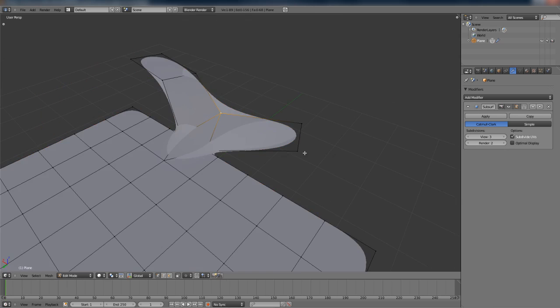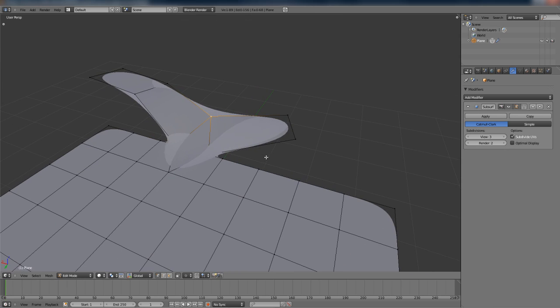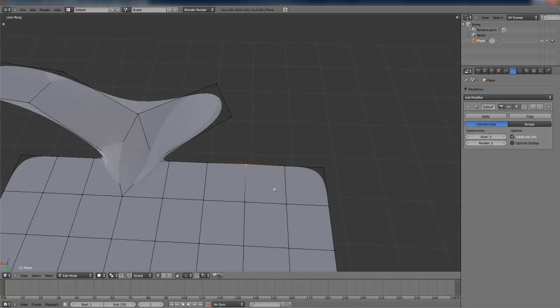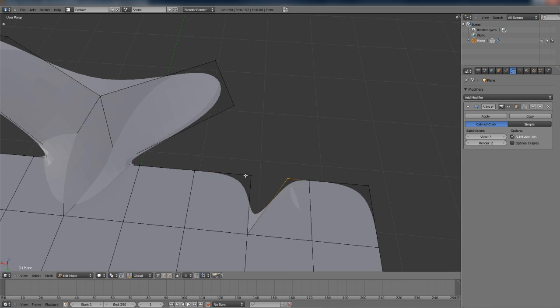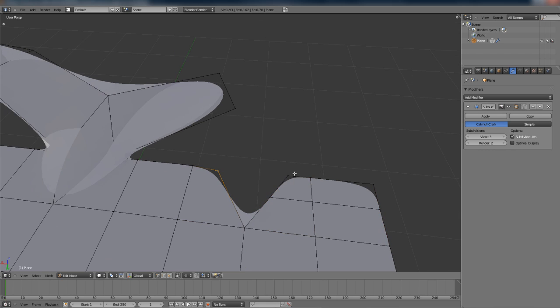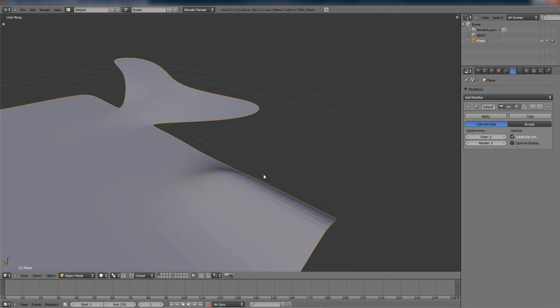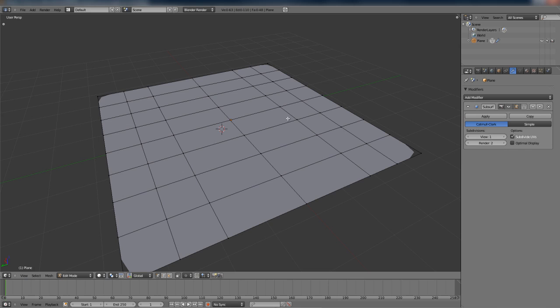And this is all with quads. So it may look like initially all I can do is create a tri, but as long as I can get one more vertex there, we can keep it as quads and make sure that our mesh stays as smooth as possible. Getting a little bit more advanced now,